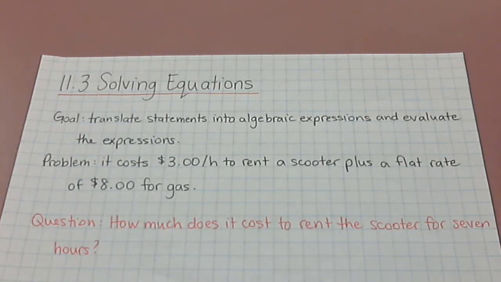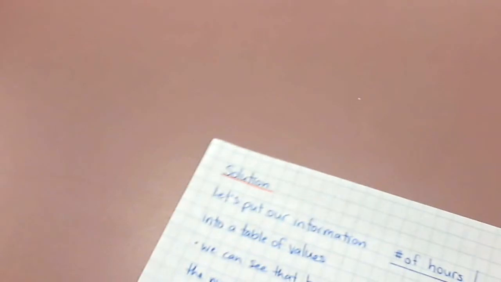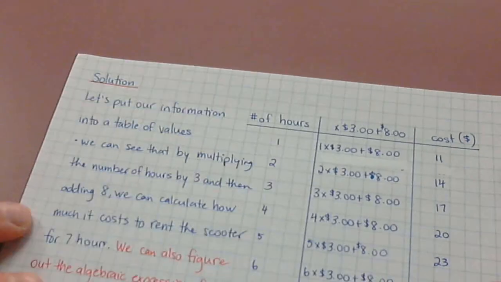So, quick problem. Let's imagine for a second that it costs $3 an hour to rent a scooter, plus a flat rate of $8 for gas. So the question we need to think about is how much does it cost to rent the scooter for 7 hours, and then by extension, to use a variable as well. And so what I thought we would do is